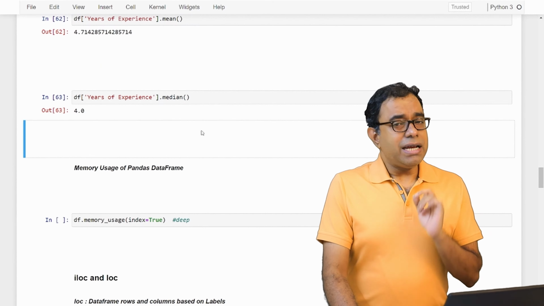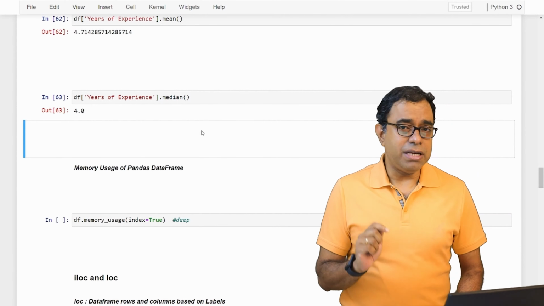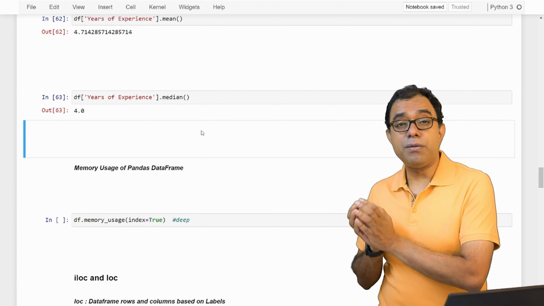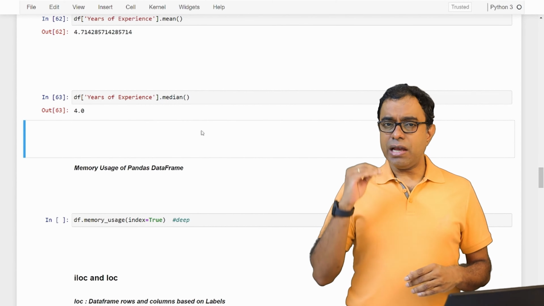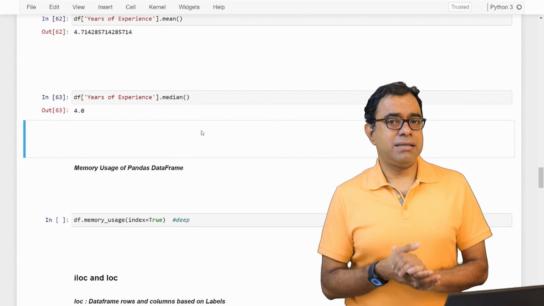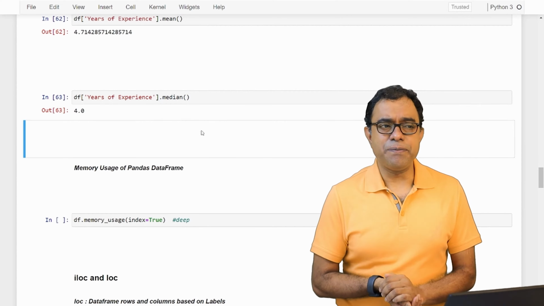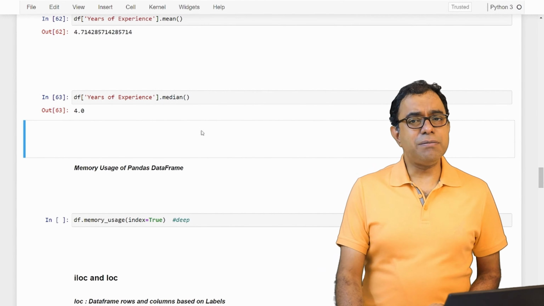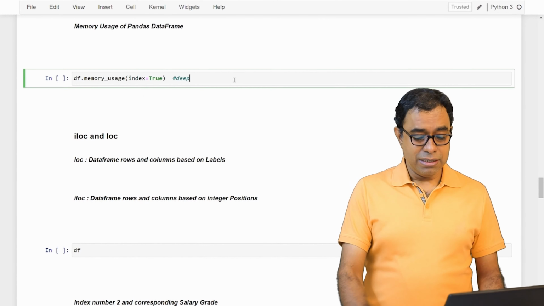Now in the beginning I told you that pandas loads everything in memory, which means that all the data which is being read from the CSV file or database will be loaded into the memory, and all the analysis will be done in memory, which means that at some point of time we would like to see the memory usage. So there is a built-in function of pandas called memory usage.